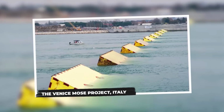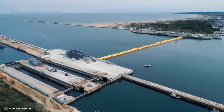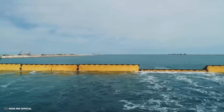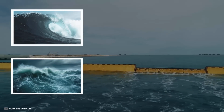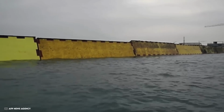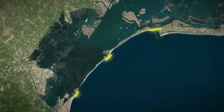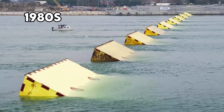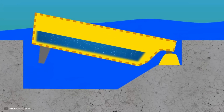The Venice Mose Project, Italy. The Mose Project is an ambitious engineering feat designed to safeguard Venice from the escalating threats of acqua alta, high tides, and storm-generated waves. This system of movable barriers is strategically located at the 3 inlets connecting the Venetian lagoon to the Adriatic Sea. Conceived in the 1980s and gradually moving towards completion, Mose was envisioned as a robust defense